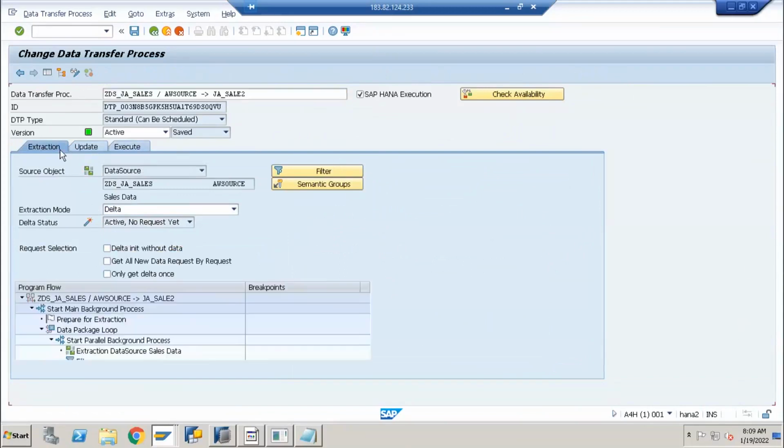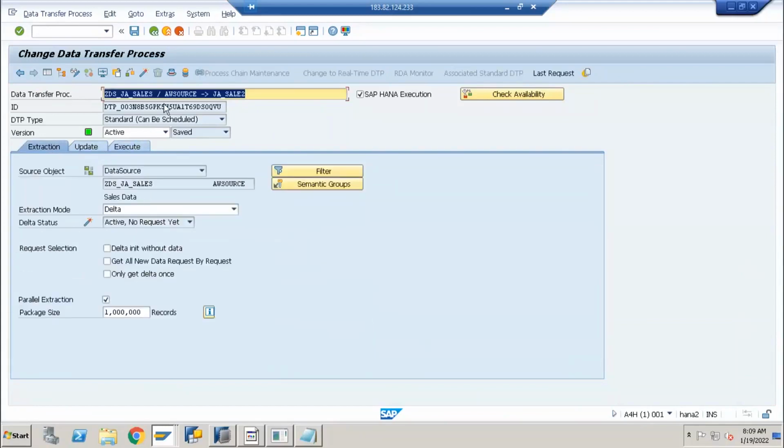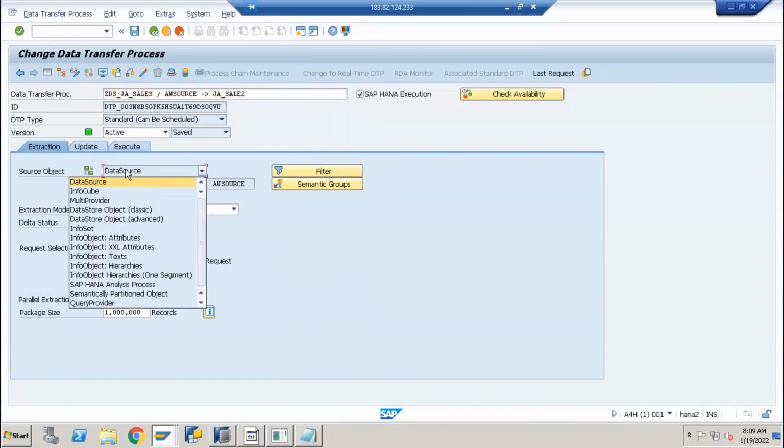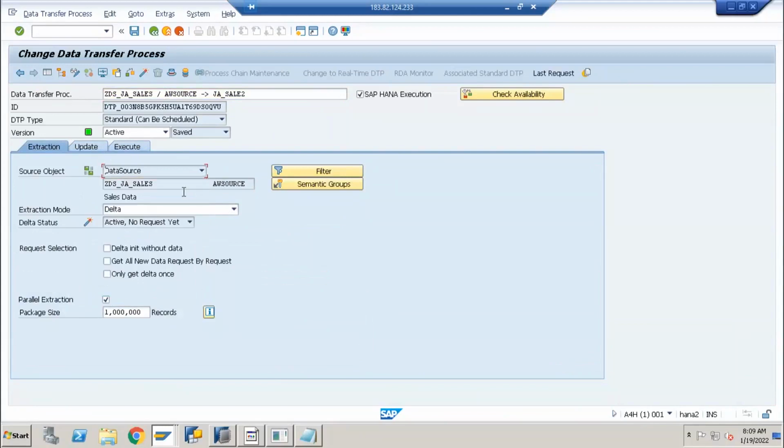Just a second. Data source to this one, right? Where is my PSA? Sales data, data source. Why am I not getting that option?